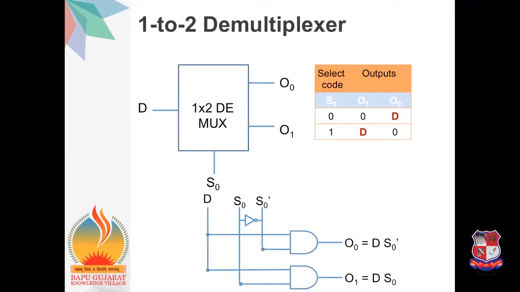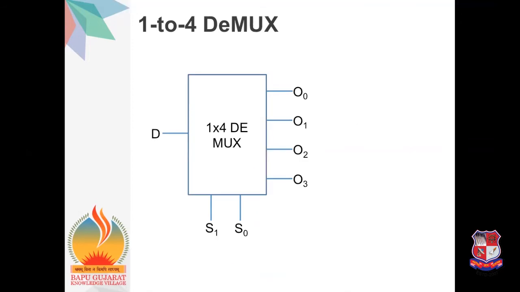Now the logic diagram for the 1 to 2 demultiplexer has 2 AND gates, 2 outputs, a single input and a single selection line. So this is the logic diagram of the 1 to 2 demux. Now in the same way let's see the 1 to 4 demux. It has a single input, 2 selection lines or 2 select inputs, and 4 outputs O0, O1, O2